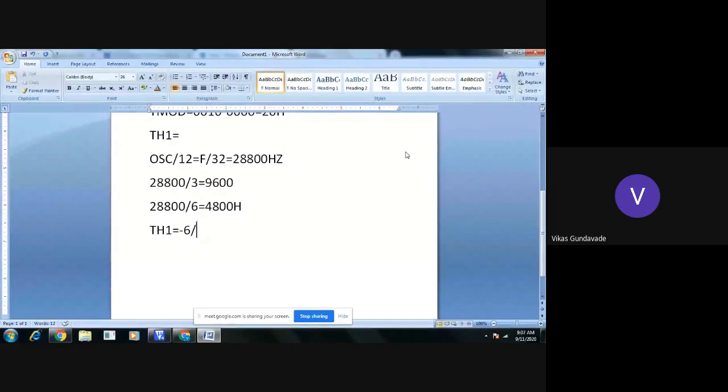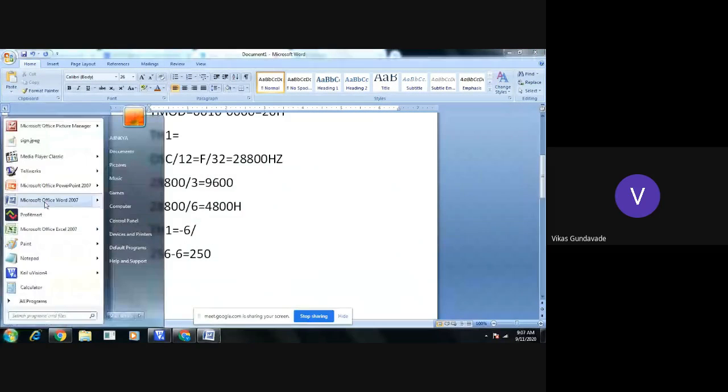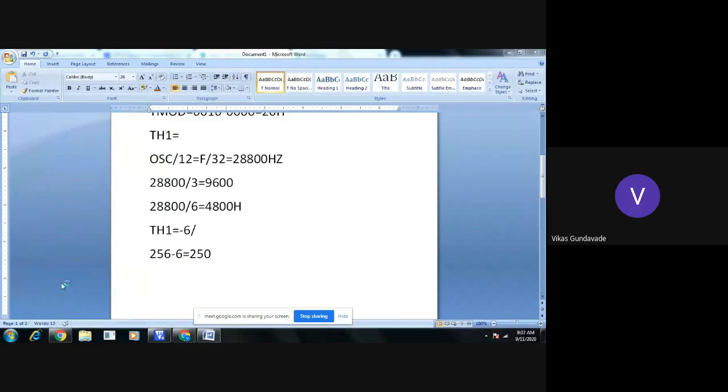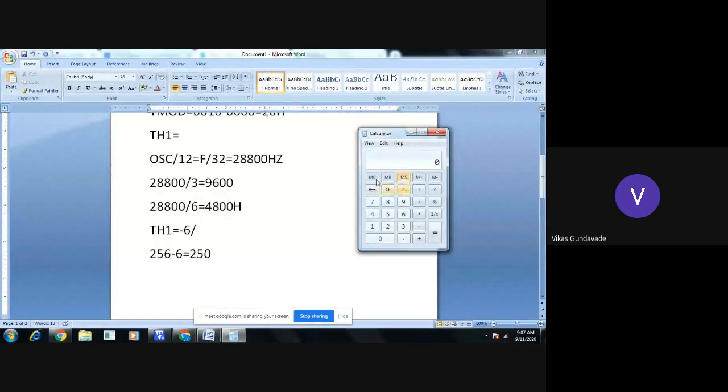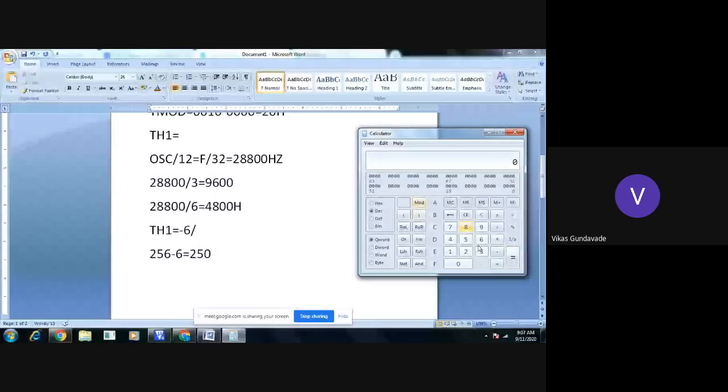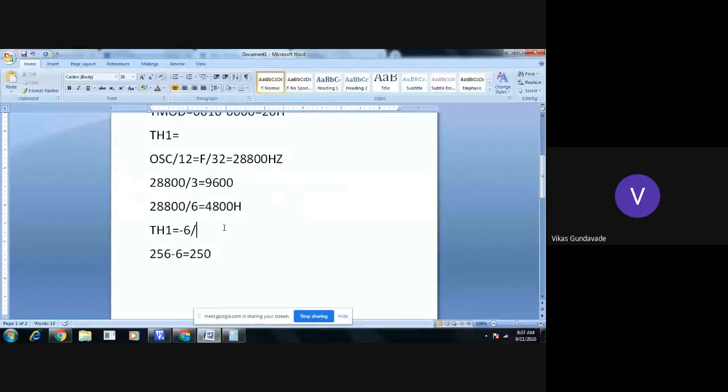Why FA? Because 256 minus 6 gives the value 250, and when we convert this 250 into hex, we are getting FA. So this TH1 will be either -6 or we need to load FA